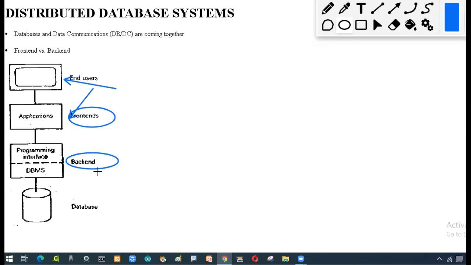So what they have done is gone with the concept of web technologies, and the RDBMS concept is there. If you learn web technologies in this semester, then in the upcoming semester you will learn how to design a website and how to connect the backend.